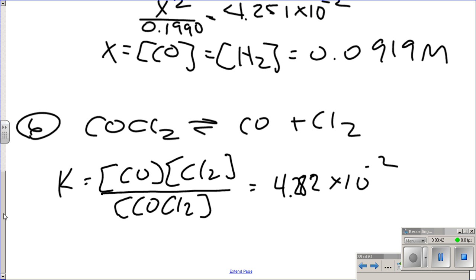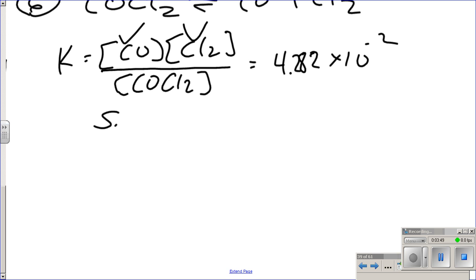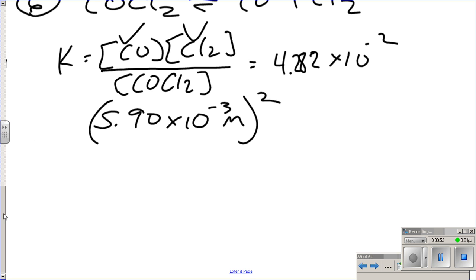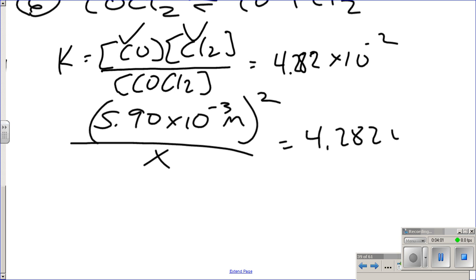CO and Cl2. You knew these two to be the same value. So you plug in the same value for both of those at 5.90 times 10 to the negative 3rd molar squared, because there's 2 of them, you multiply them together over x. So if you don't know a value, assign it to be the variable x and then solve for it. So then you probably moved your x over here and then divided whatever this squared was by the K value. And you got x's concentration to be